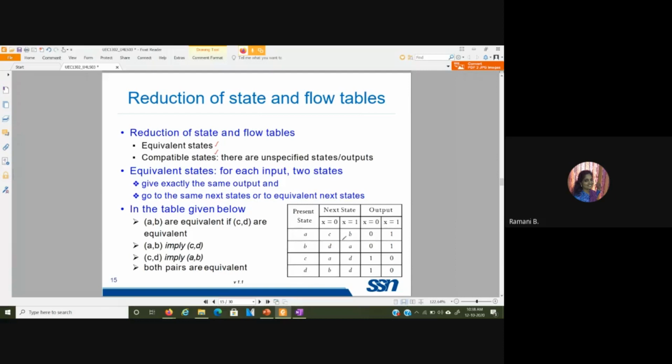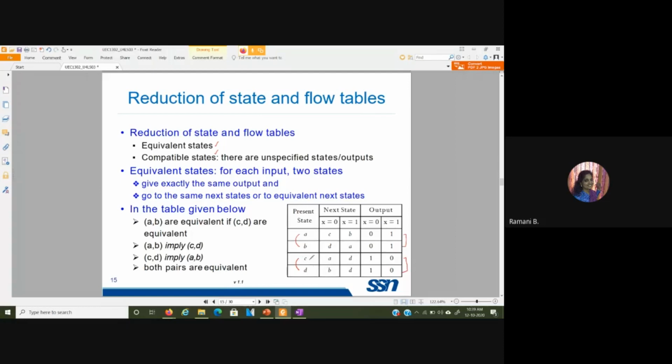Here in this particular table, if you look at states A and B, this A comma B implies these are the pairs. You could say A and B are equivalent if C and D are equivalent, because with respect to these two states you have the same output, and with respect to these two states you have the same output. So when can you say these two states are equivalent? With input condition x equal to 0, you have states A and B over here.